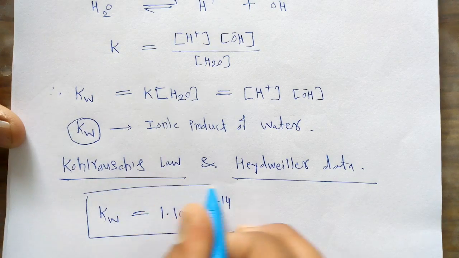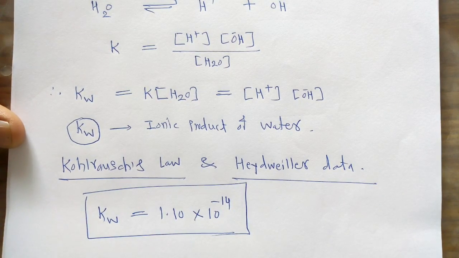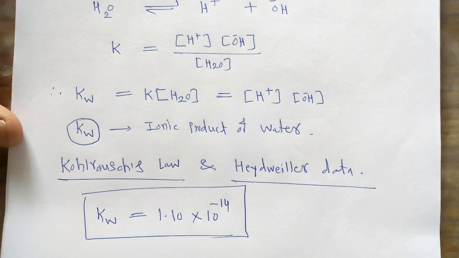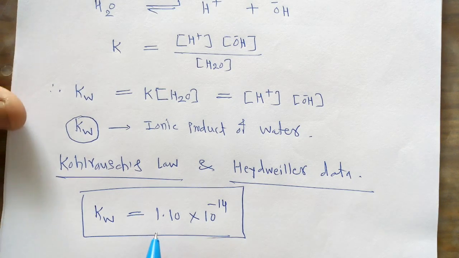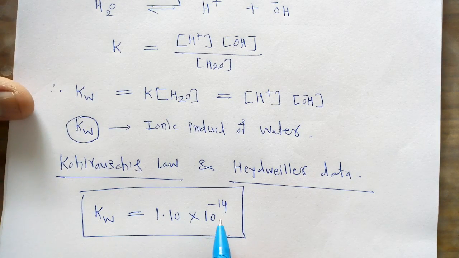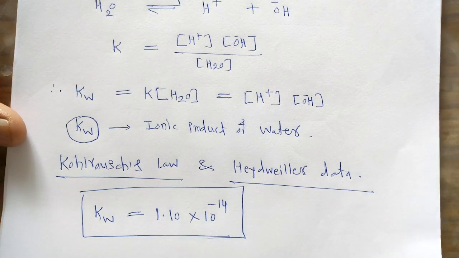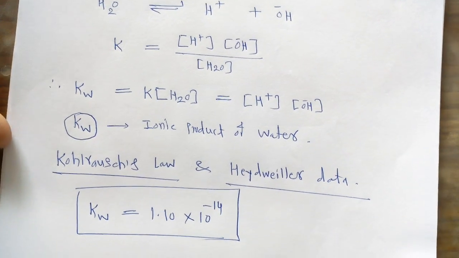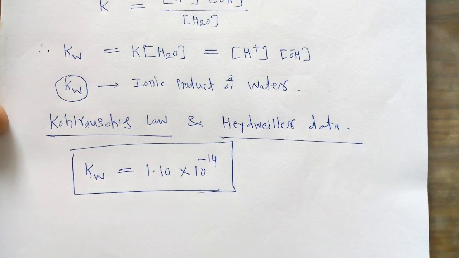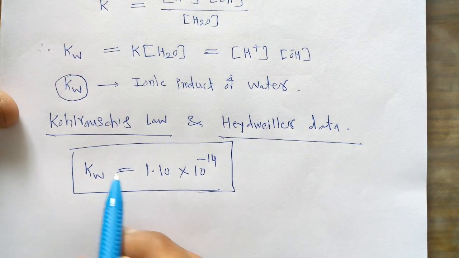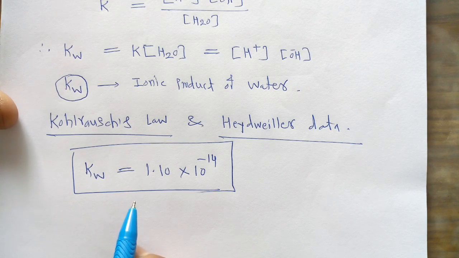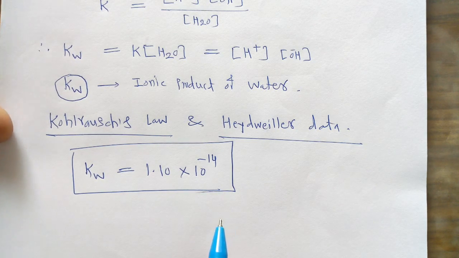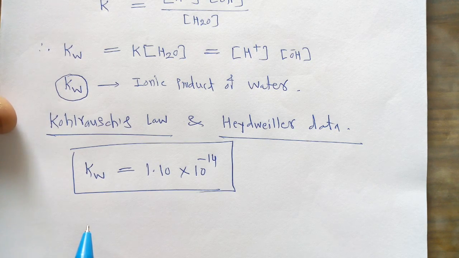So the magnitude of this ionic product of water for pure water is obtained to be 1.10 × 10^-14, and this is called the ionic product of water. This ionic product principle is valid in solutions in which water is present. So we have to apply this ionic product of water for solutions in which water is present, and